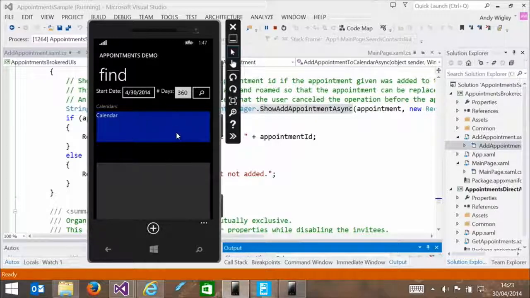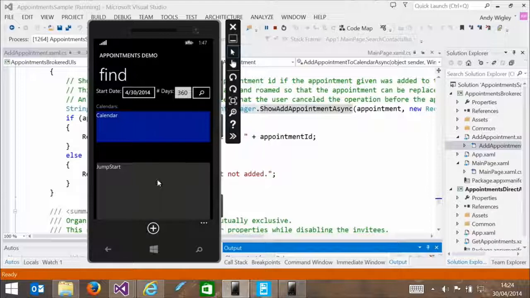Actually, there's a phone calendar, and on a normal device, you'd actually see a list of them. So if you have a Hotmail account configured, for example, or an Outlook.com account configured, you actually see a public holidays calendar and your personal calendar. There's loads of different calendars. This one has only got one, and if I click on it, there's one appointment in it, which is the Jumpstart appointment, which I just created. And the code for doing all of that